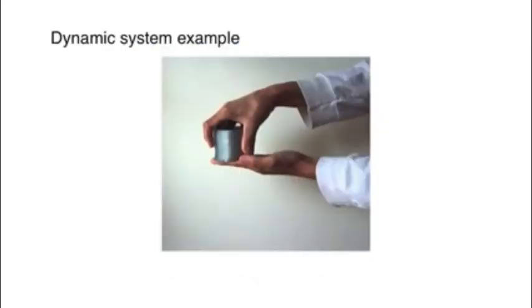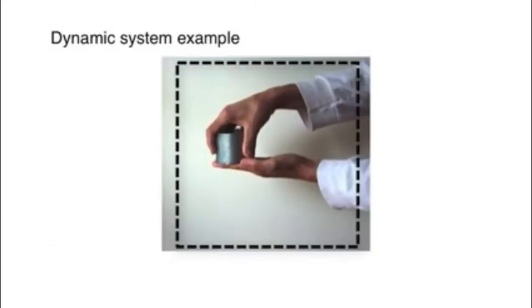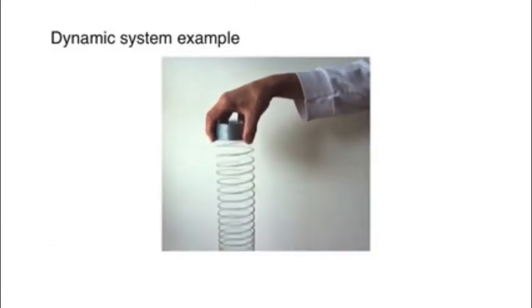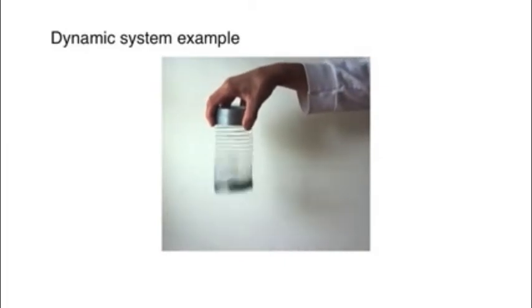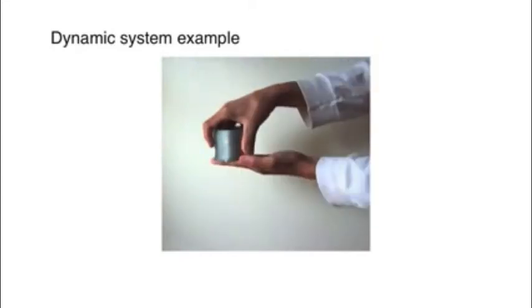Okay, I bet you're familiar with this system. Now notice we have a system boundary around the hand and the slinky, and you know the slinky bounces up and down when the hand is removed. Now my question is, what causes the slinky to behave the way it did? Is it the hand at the bottom that moved so that the slinky could drop from gravity? Is it gravity? Is it something about the spring itself? Is it the hand at the top?